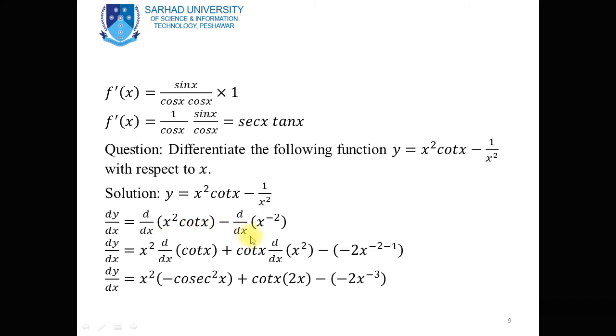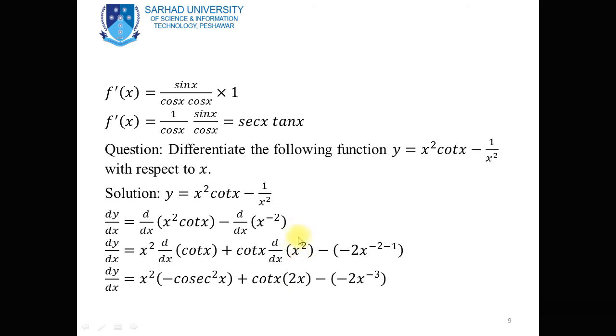Now using the power rule for this term, x square is the first function and cotangent x is the second function. So first function as it is, into derivative of the second function, plus second function as it is, into derivative of the first function minus. Now using the power rule for this term, minus 2 multiplied with the coefficient and subtract 1 from the power, we obtain x square into the derivative of cotangent, which is equal to minus cosecant square x, plus cotangent